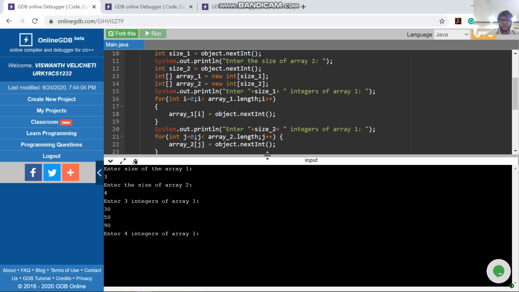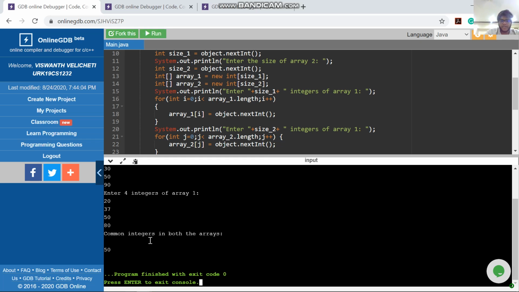Enter 4 integers of array 2: 20, 37, 50, 80. The common integer in both the arrays is 50.